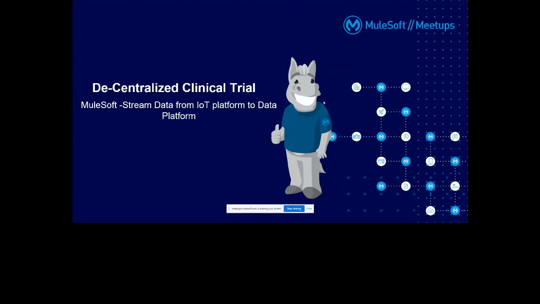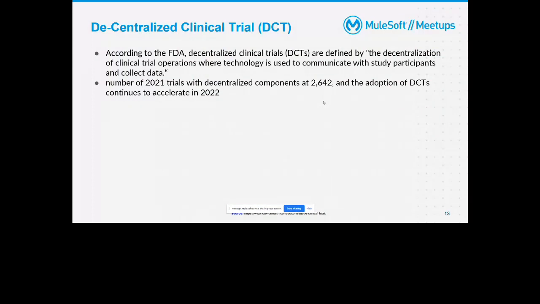So now first look at this decentralized clinical trial. Decentralized clinical trial basically means, first of all, what is a centralized clinical trial? A centralized clinical trial means you have patients who are enrolled for a trial process, and during the trial they need to keep visiting the facility. They come periodically, they have to take the new drug, and they are measured on how the drug is impacting them. Every now and then they need to travel back to the trial facility. But once they step out of the trial facility, nobody can monitor them.